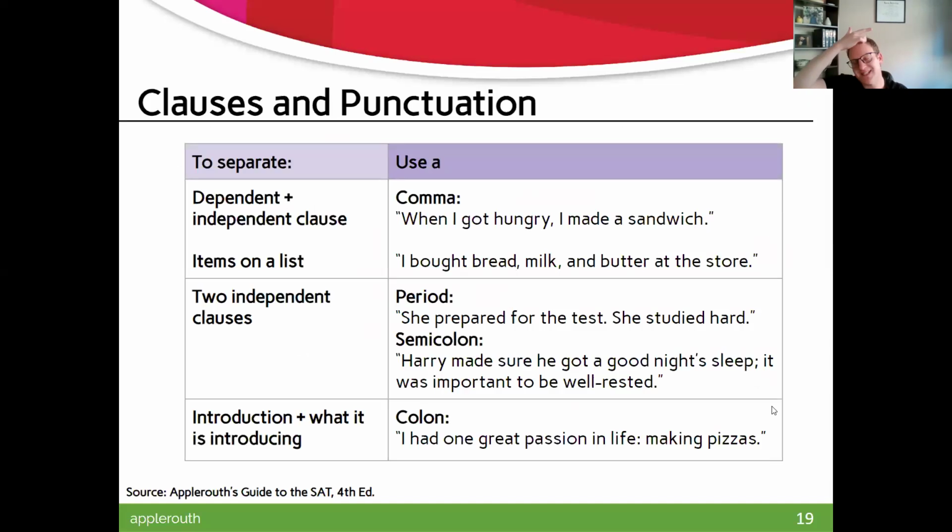And then from about question 16 to 25 on most modules, you will see grammar. One of the main things they will test is clauses and punctuation. So here's just a little breakdown of the rules that people can review. Use for a comma, periods and semicolons, much easier to test. And then the colon, which most students are just not comfortable with, and the test writers know that. So get comfortable with the colon as a drum roll. It has to have a full sentence before it, but anything can come after as long as you introduce. I had one great passion in life, drum roll please, what was it? Making pizzas, or eating pizzas.